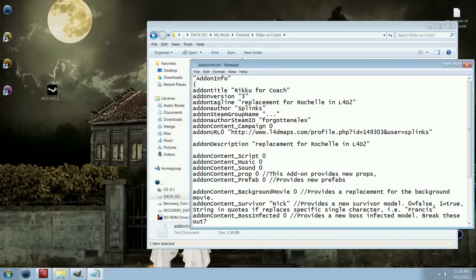And this part is the description that it's going to basically describe. So we're going to replace this. It's no longer for Rochelle. It's now for Coach. Add-on author is still Splinks. And just because I am egotistical, Coach Port by Horror Fangirl. Steam group name, clearly Splinks does not like Steam group names. Add-on author Steam ID. Just leave that, change it, doesn't really matter. Sorry. Add-on URL